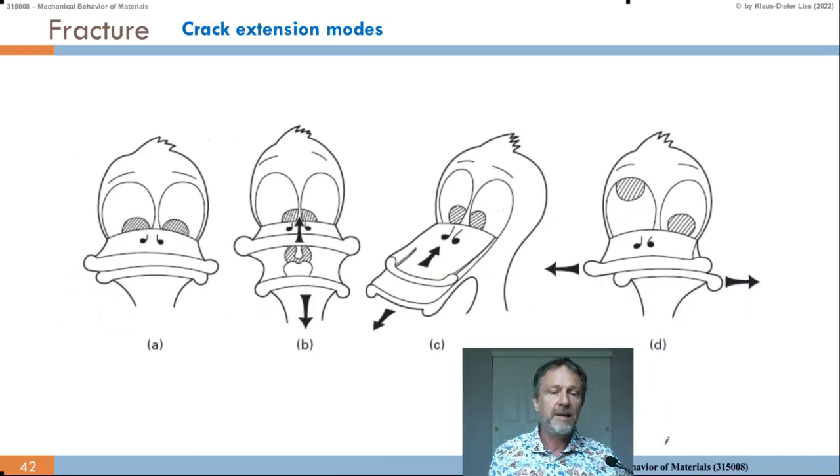This can be remembered here. So we have the person shown in A, and B is ba ba ba, you just open the mouth. C is crack mode 2, and D is